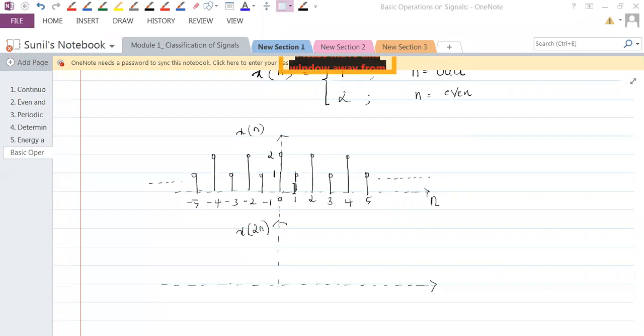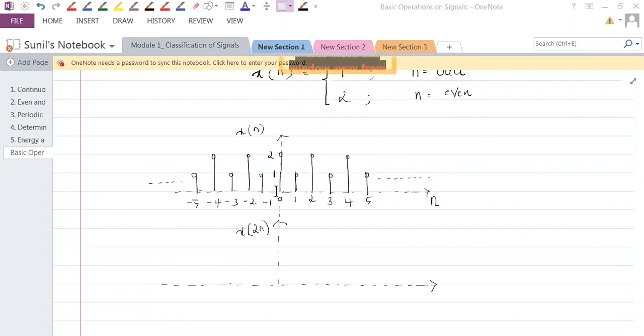Okay, so in that sense, the sample at 2 would come at 1, the sample at -2 would come at -1, the sample at -1 which is supposed to be coming at minus 0.5 will vanish, because minus 0.5 is not integer. Similarly, plus 0.5 is not integer, so the sample at 1 which is supposed to be coming at 0.5 would also vanish. Understand that? So these samples would go off.